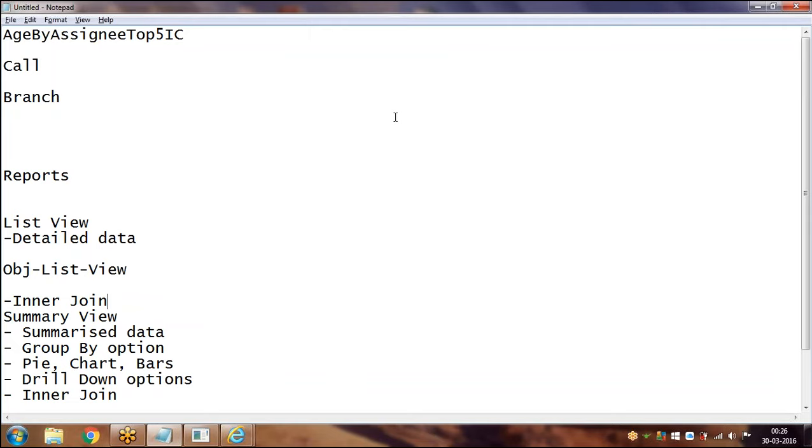Okay, this is about reports. So everyone understood reports and call and branch methods. In most of the interviews, they will ask: when do you use call, when do you use branch? What is the difference between call and branch? You will have a calling activity and a called activity. Suppose A is calling B activity, from A activity you are calling B activity. Here A is the calling activity and B is the called activity.